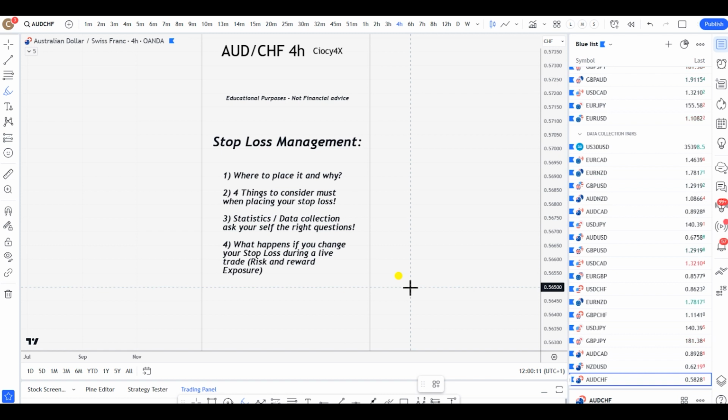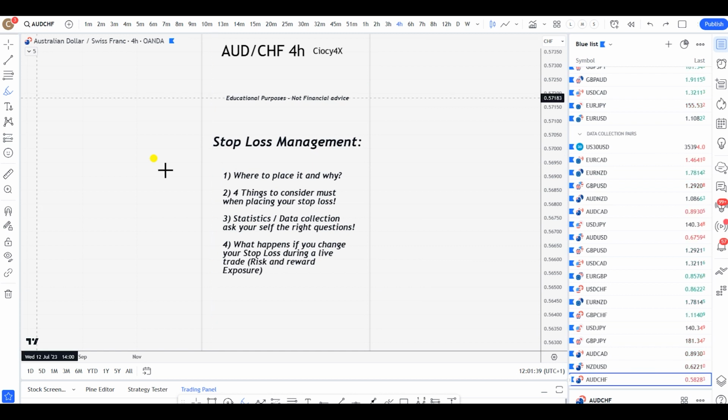And today's video is going to be about another key important aspect of risk management, which is the stop loss. And I made another video about the break even. If you guys haven't watched that, I'd highly suggest you to watch that as well. And the next one is going to be about the TP, your take profit. So this being said, what we're going to do today, starting with the first one,